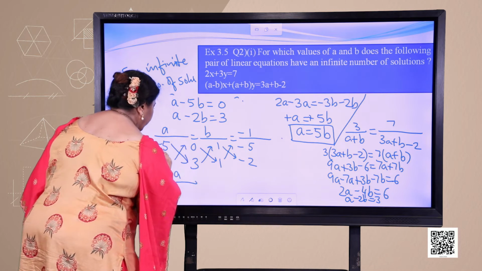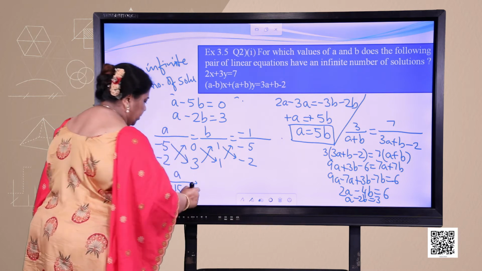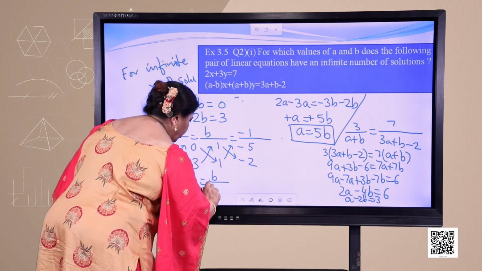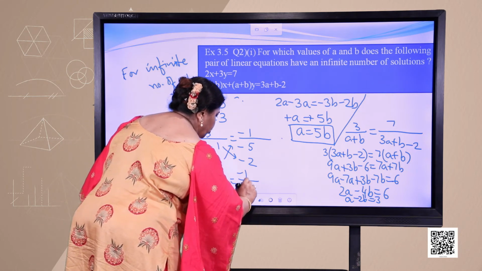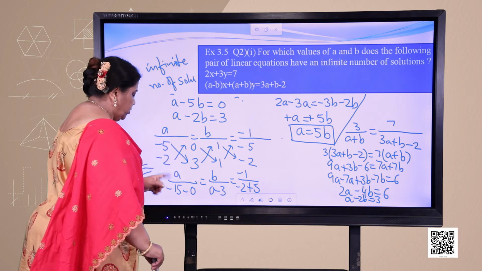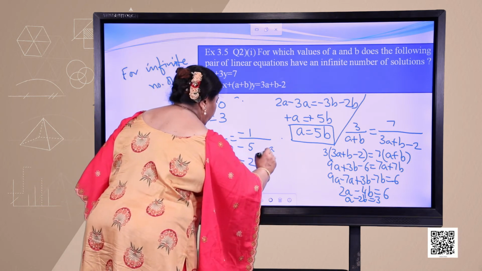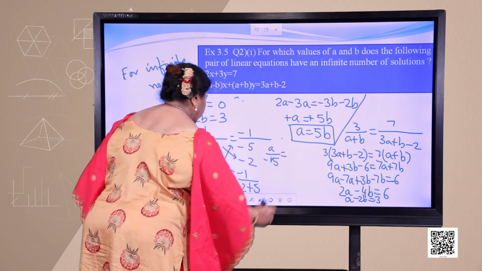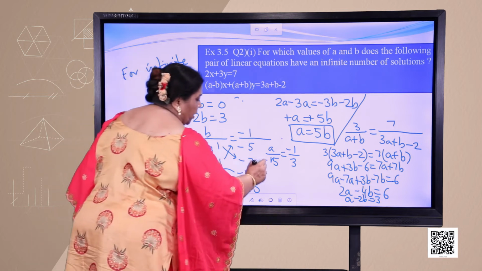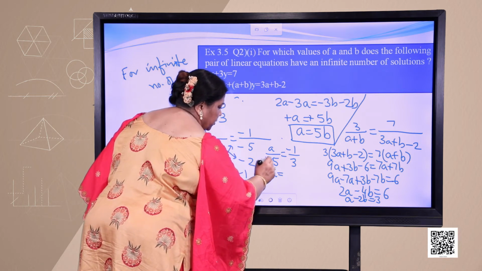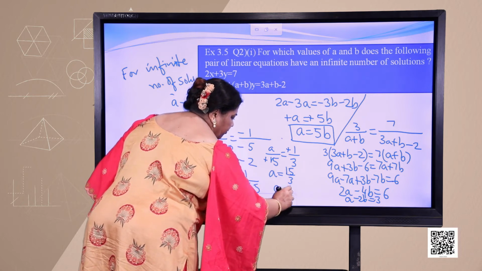A upon 5 3s are 15 minus 2 into 0 is 0, and this is 0 minus 3 is equal to minus 1 upon minus 2 plus 5. So, when I compare these, what do I get? A upon minus 15 is equal to minus 1 upon 3. 5 minus 2 is 3. Now, A is equal to minus becomes plus, we have 15 upon 3. So, A is equal to 5,